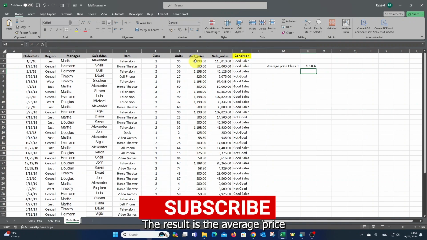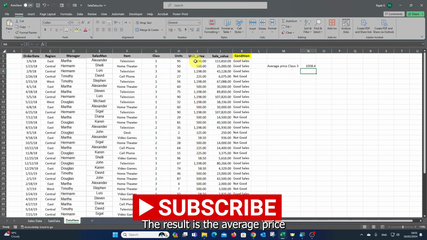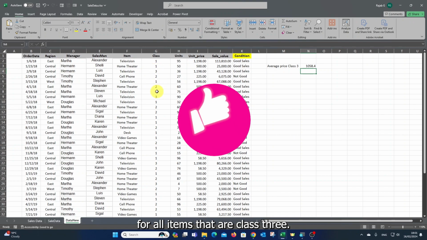The result is the average price for all items that are class 3. This is how we